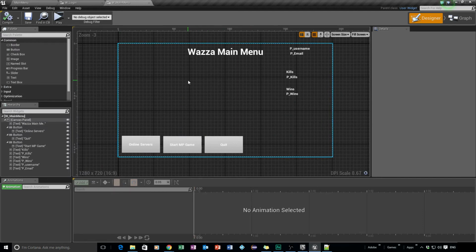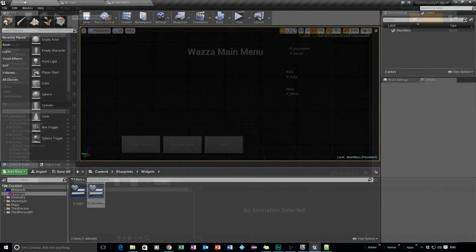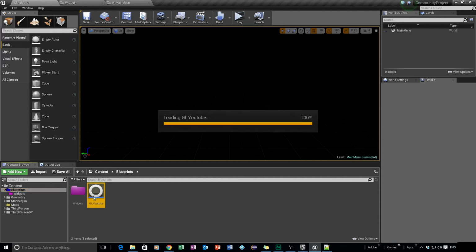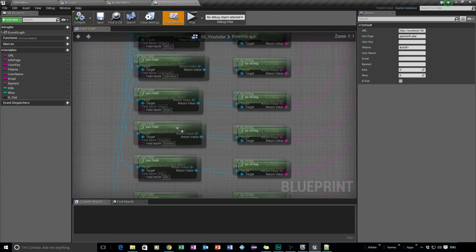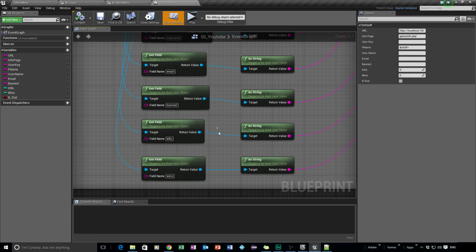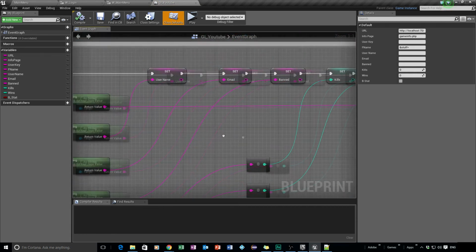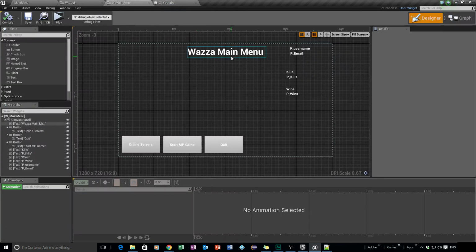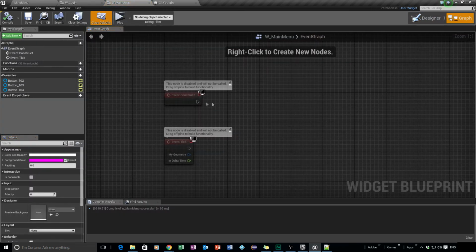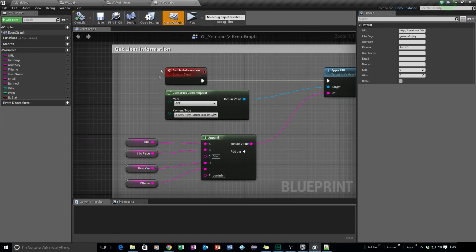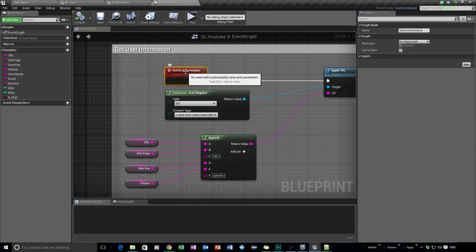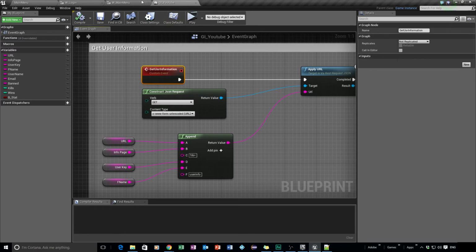All right, so the very first thing we need to do is get all the information from our game instance. So this one here. Okay, so you can see we've got status, username, emails, banned, kills, wins, and all sorts of things going on there. So what we can do is, on our main menu, on our graph, we need to construct some information so we can get this. All right, so this function that we made, we need to call that